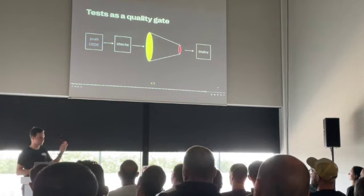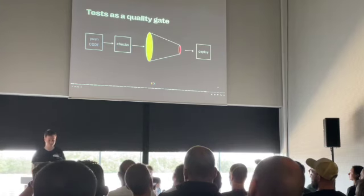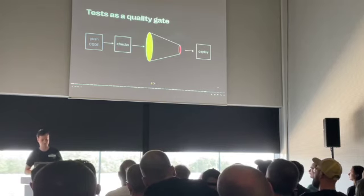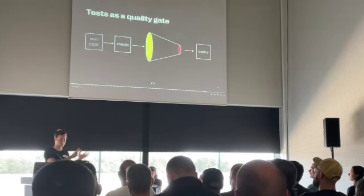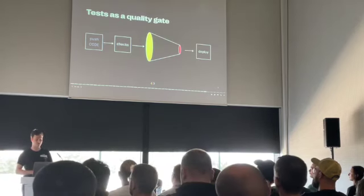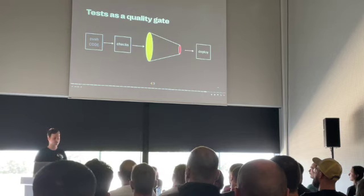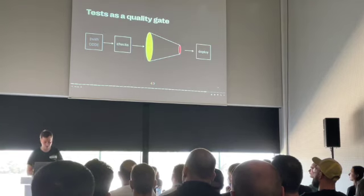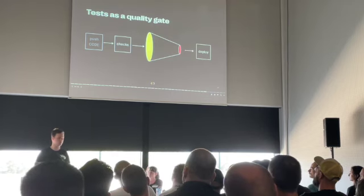This is a very simplified scenario here. So on my local machine, I commit and push my code, and then something happens. And hopefully not on my machine. I mean, I can do stuff on my machine, but when it comes to automation, I want others to do this stuff, right? So I push my code, and then I have a server or a continuous integration platform. Some machine takes my code and then performs some checks, and then the test pyramid comes in, and my unit tests get run. My unit tests run, my integration tests run, and also my end-to-end tests. And in the end, my server can also deploy my website,